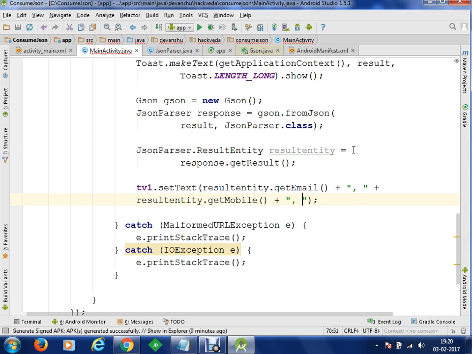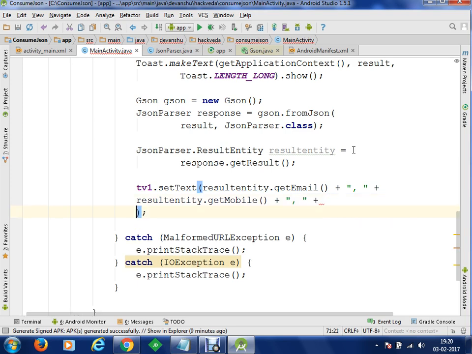Then I am going to use a comma, and then I am going to get my another entity, and that is my result entity dot get image. Clear? Let's say I don't want to display image in, it's get profile pic. Okay, get profile pic.